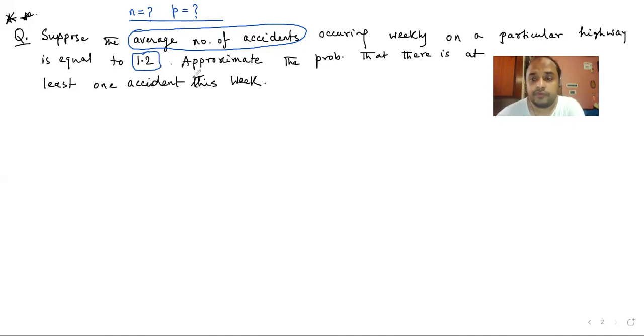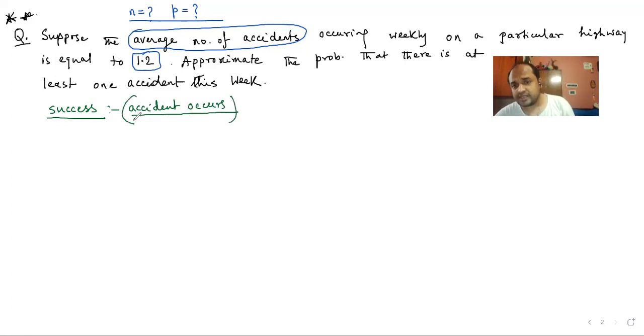Second is that, unfortunately, here the success, if you want to define the success over here, how to define the success? Here the success is accident, when an accident occurs. Now, don't be sad. How can an accident be a success? Okay, so you have to analyze. Are we happy when an accident occurs? No, this is not the case. Accident occurs, it is a success, is because